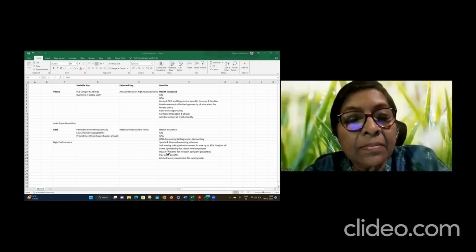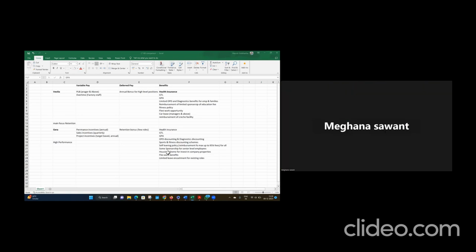Okay. Then we also have the project incentives which are applicable to the people who are constructing the project, like the construction people, the architects who are delivering the designs on ground when the structure is coming up. There are specific deadlines for that as well. And that basically helps us to achieve our deadlines, to see to it that we are not defaulting on the RERA Act deadlines which have been given to the authorities. And which is why it is necessary for us to ensure that each and every team is also able to meet these timelines. And that's the reason these variable pays have been defined for the people.